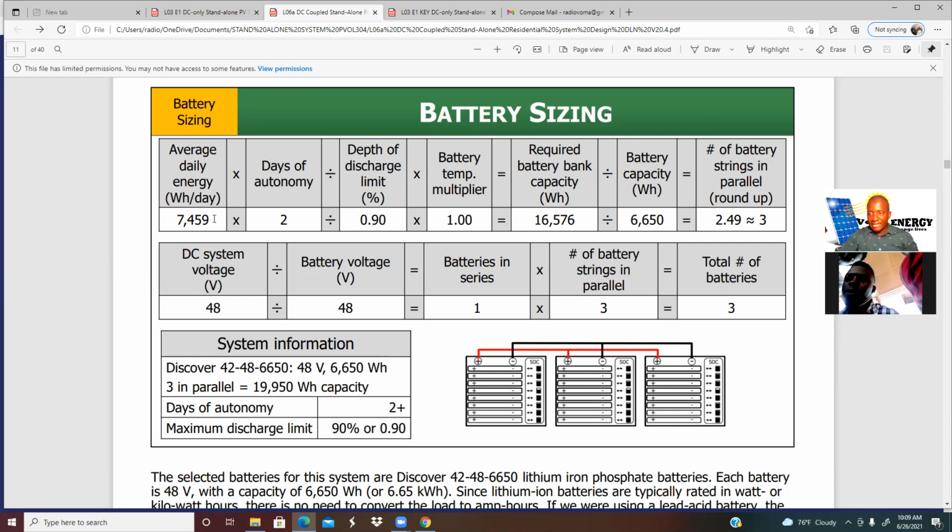Can you tell the guys how to change this watts hour to kilowatts? Good. You divide the 7,459 by 1,000. So you say 7,459 divided by 1,000, 7.4. So the kilowatt system we're talking about is a 7.4 kilowatt system. So when you see 7,459, if you change that watts